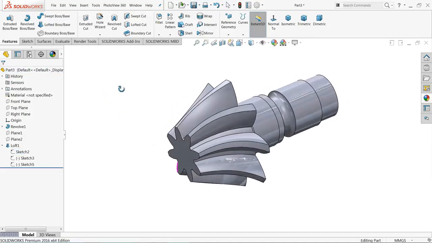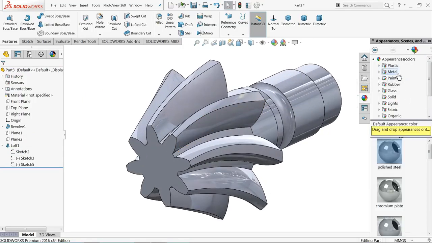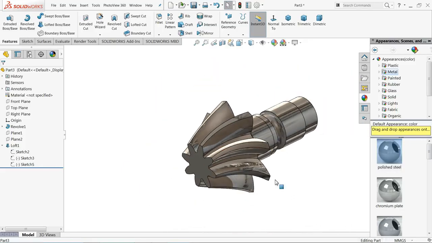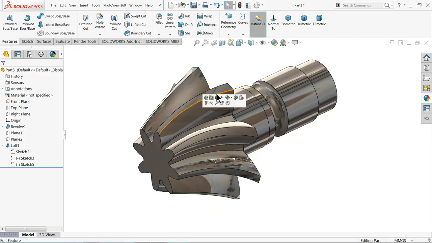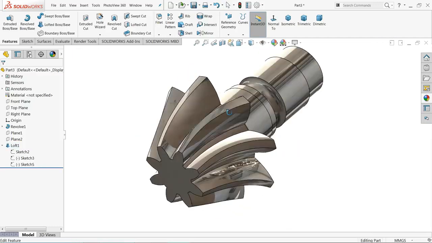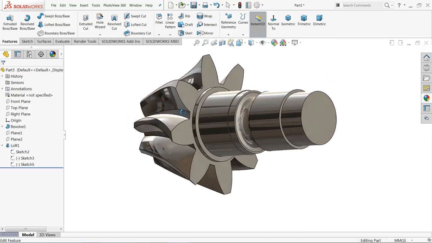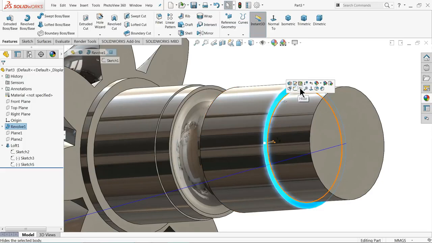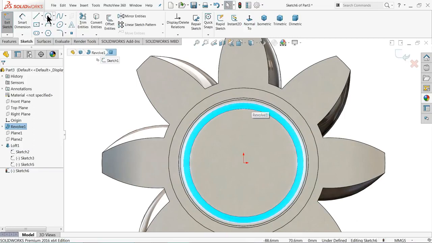See, now just go to appearance, metal, polished steel. Now looks, see the shape, this is called helical, and this is tapered, so it's bevel gear, helical bevel gear. So okay, let me make some sketch. Here we will make some profile teeth.